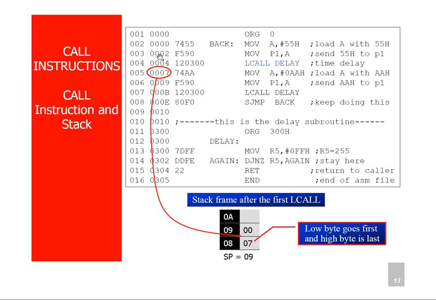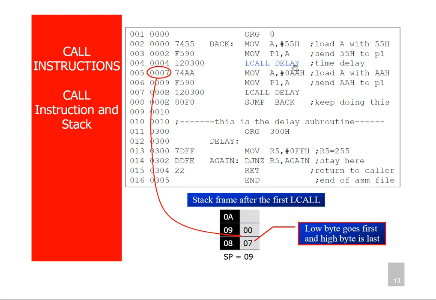That's why the next instruction address is 0002, because this instruction requires 2 memory locations, that is 0000 and 0001. And the next instruction is MOV P1, A. This is also a 2-byte instruction, so this requires 2 memory locations, that is 0002 and 0003. Hence the next instruction address is 0004.